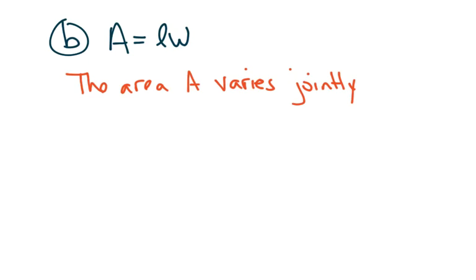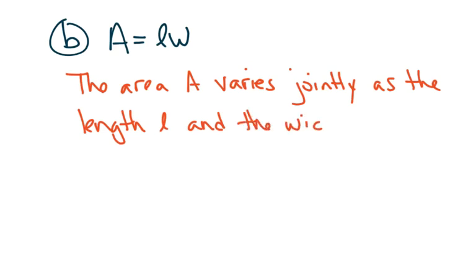Those two inputs are length and width. So it varies jointly as the length L and the width W. What's the constant of variation in this problem? It's 1, because if there's no number in front of L and W, there really is a number there, it's